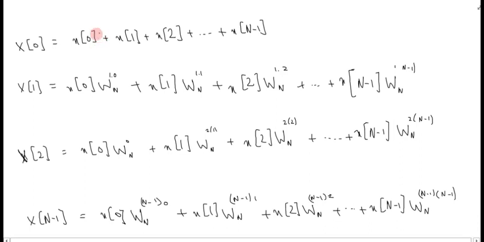Here you have wn raised to power 0 into 1. Similarly here you have wn raised to power 0 into 1. Here actually you have 0. Similarly here you have wn raised to power 0 into n minus 1. So if you can see,